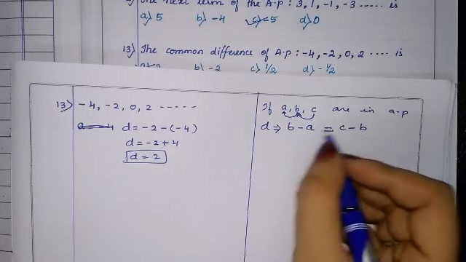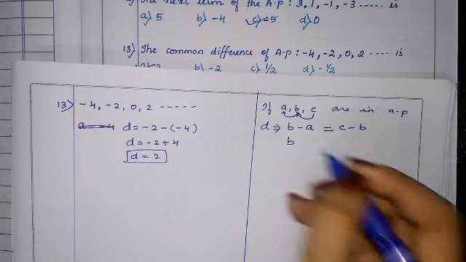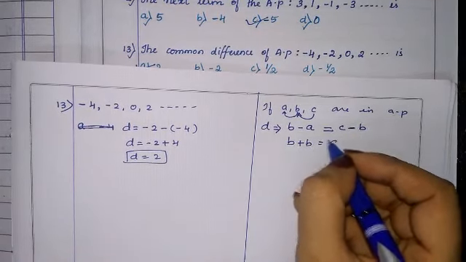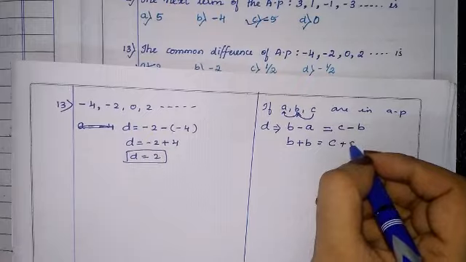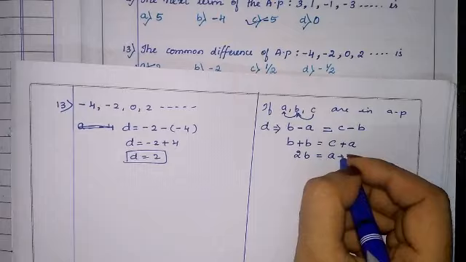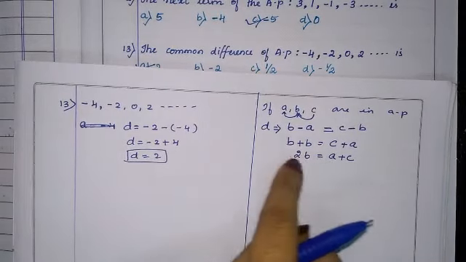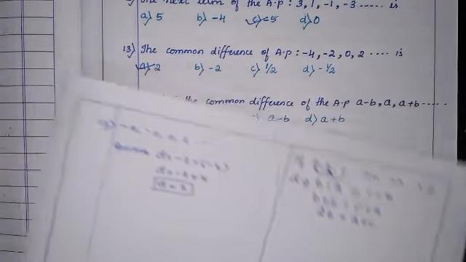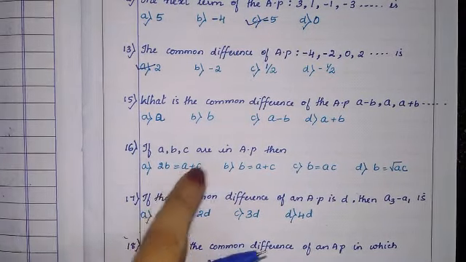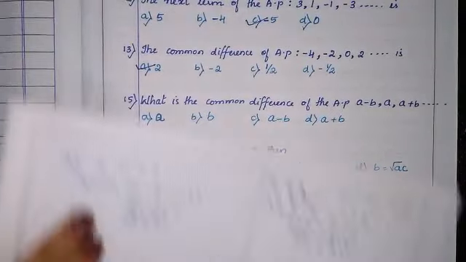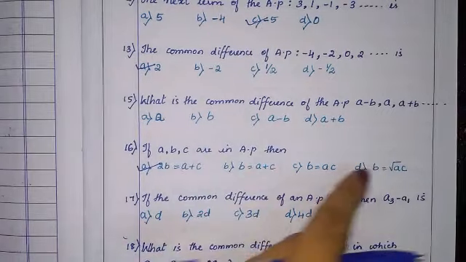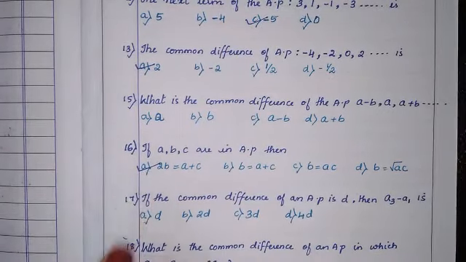This is only a common difference, right? Now let us see what we can do here. B as it is, minus B if I bring here, plus B. C as it is, minus A if we bring here, plus A. B plus B, 2B is equal to A plus C or C plus A. So we get this answer. Let us check in the question. 2B is equal to A plus C. The first one only is the correct option. A is correct because 2B is equal to A plus C, we got after solving. This all we didn't get. Okay, so the correct answer is this.